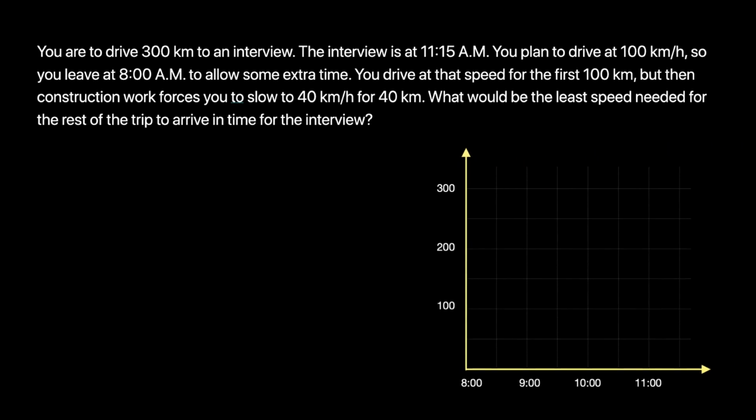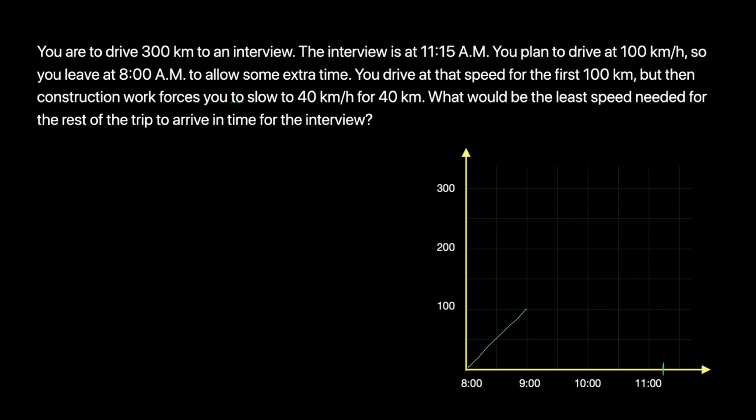Here's our possible graph. So you start here and you have to reach by 11:15. So let's mark that in. Can't be later than 11:15. That's going to be 11:15. Okay, so you drive at that speed for the first 100 kilometers. So you're going strong. You drive 100 kilometers